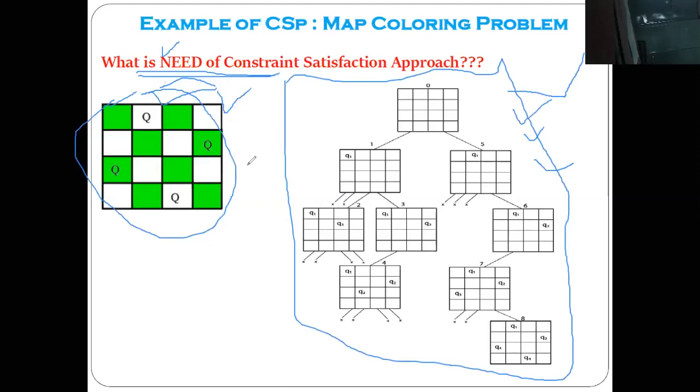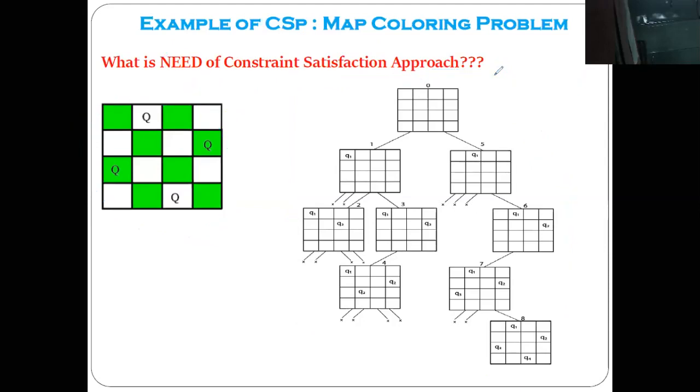So that's why we just discussed why there is a need of the constraint satisfaction. Because constraint satisfaction helps us to solve such kind of problem. If you don't apply the constraint, then it is very difficult to solve that kind of problem. But if you apply some rules, then we restrict the complexity of that problem and we can get the solution within some finite number of steps. And that example we studied last time is the example of the 4 queens problem, where we utilized the backtracking technique.